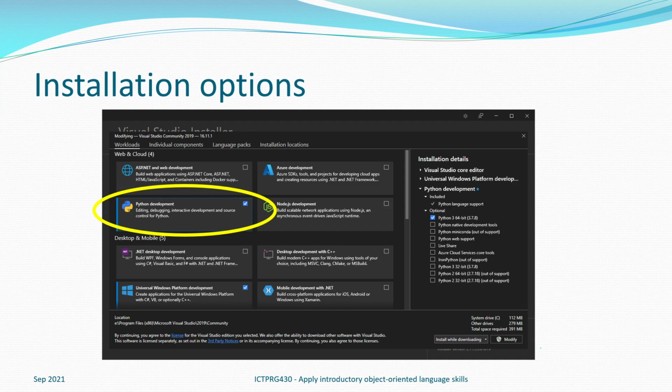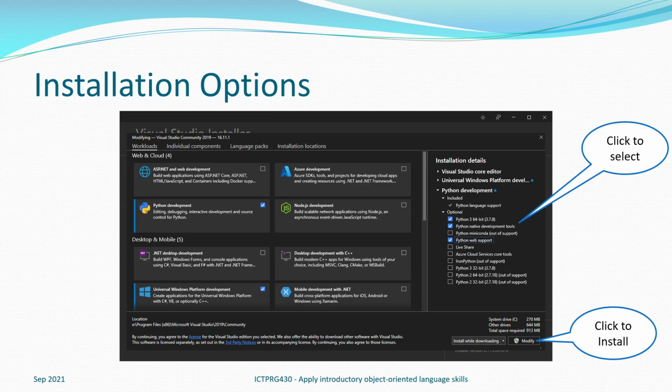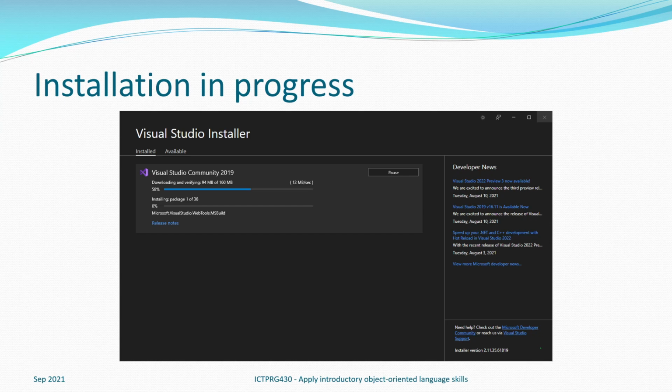So select Python development. As you can see from this screen, you've got a few different options of development and languages, and select the appropriate features over on the right hand side. You then, after selecting what you want, click down the bottom right hand corner on the Modify tab to install the changes that you've selected. This will take a few minutes depending on your internet connection, and once it's finished installing the packages,